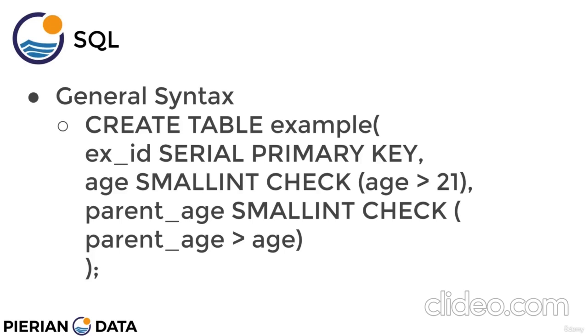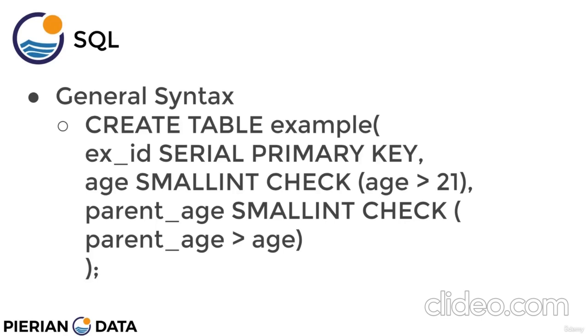And let's say for this particular example, we have to make sure that the people are over 21. So we'll say age, small integer for the data type, and then we add in this check constraint. After the check constraint, we just have some condition, such as the age column must be greater than 21. And we can also set conditions based off other columns. So let's add in a new column called parent age, and again, small integer as the data type. And for its check constraint, it's going to say that the parent age column must be greater than the age